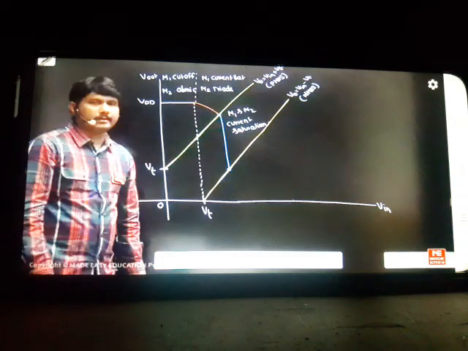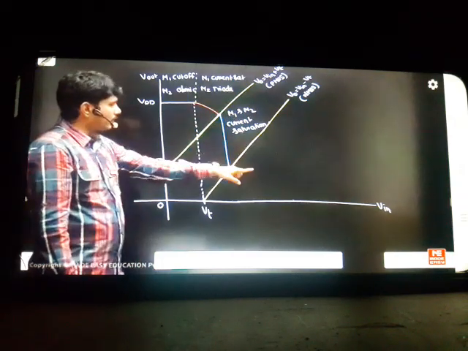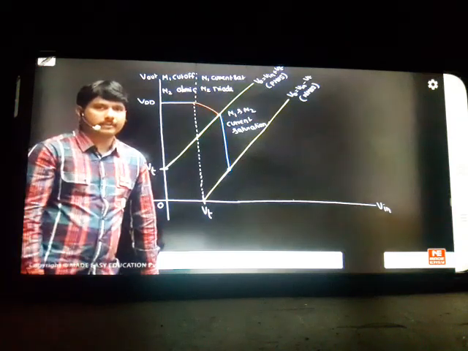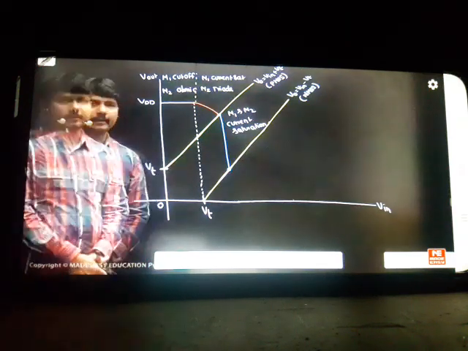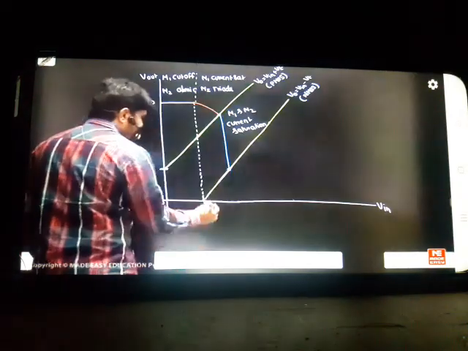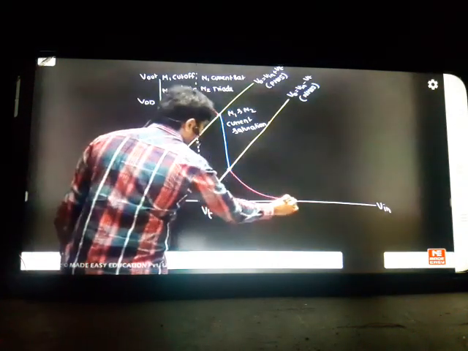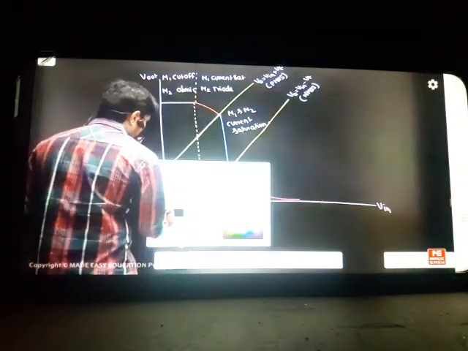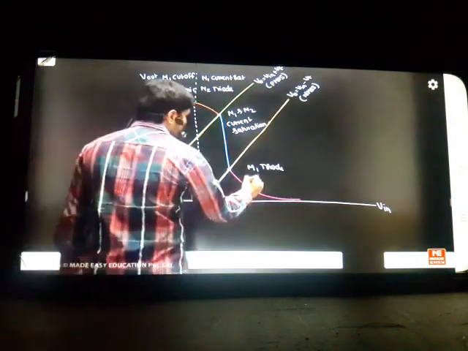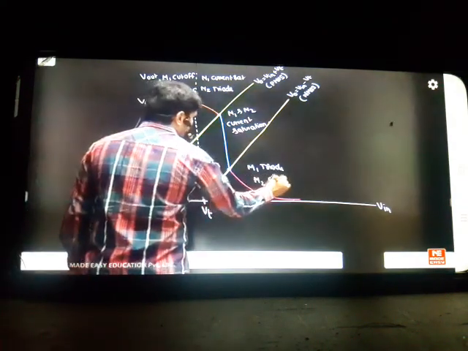Exactly, they can meet in current saturation. Because when M2 crosses this, it will come to current saturation. But for M1 to come to triode, this line has to be crossed. So below this line, M1 will be in current saturation only. But M2 has already crossed into current saturation with this boundary line. So we got a linear region because M1 and M2 are in the same region. Again from this point, we have another graph. From this line, you can see it will fall again non-linearly like this. So here we can say M1 will come to triode now. You cross the boundary line, so M1 will go to triode, but M2 will come to current saturation.